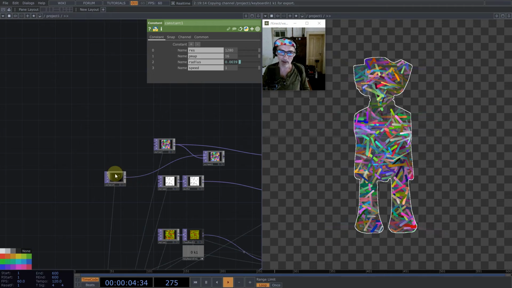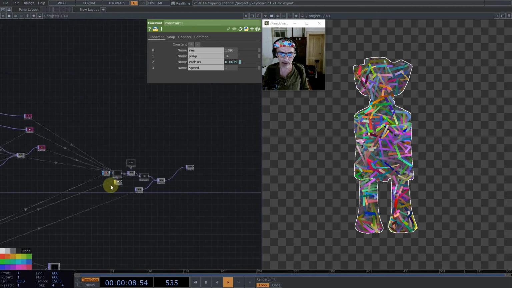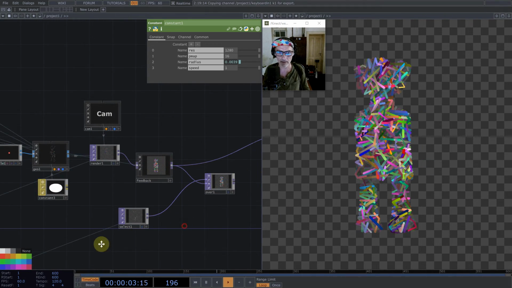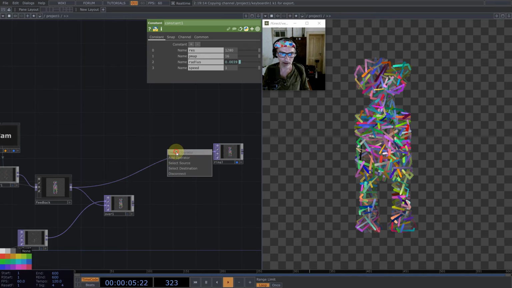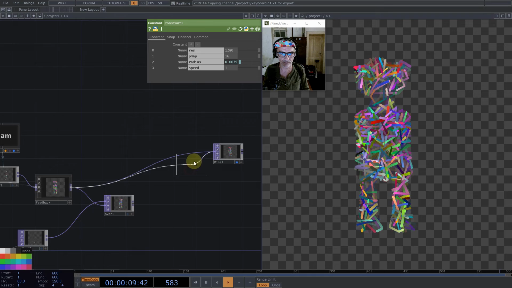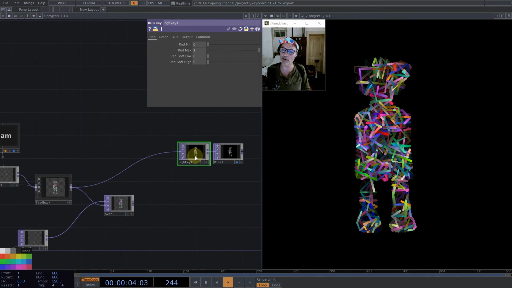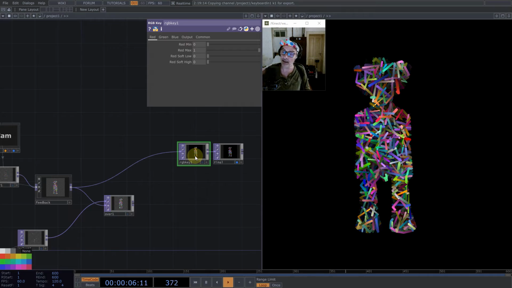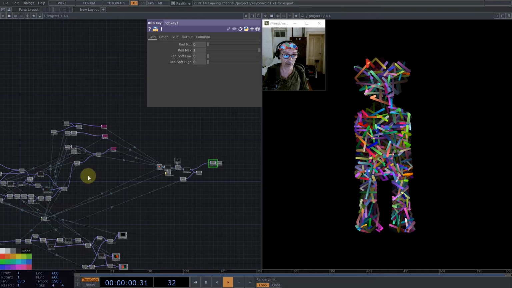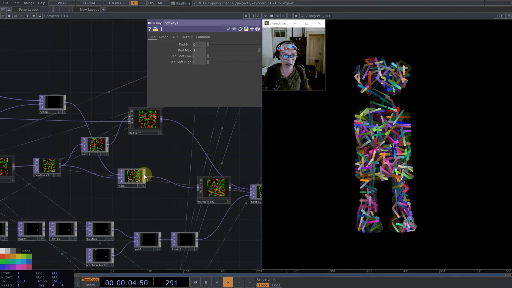And what I would like to add here, maybe there's no need for the edge, and let's make the background black with the RGB key. And I would like very much to have the direction, not straight lines, instead have them move. Okay, and yeah, let's have this. So I will use